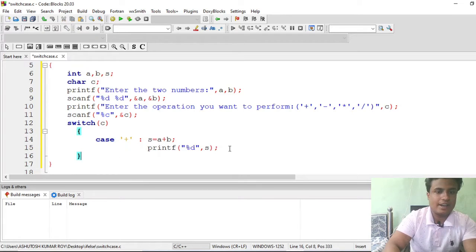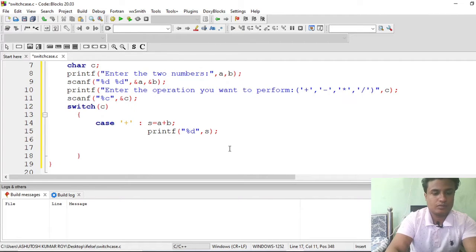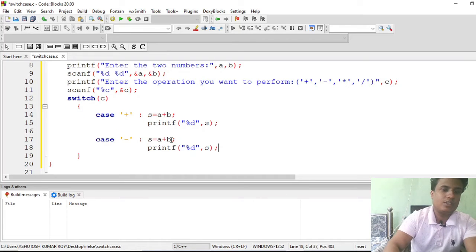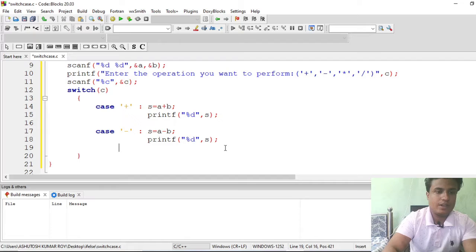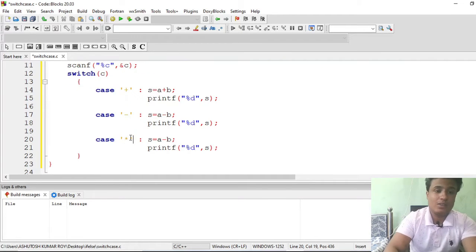What could be the second case now? Suppose subtraction is our second case. Now paste the code which we have copied, and just change the operator here. You are getting how I am doing it. Now copy the whole thing, Control C, and print it. What is our next case?